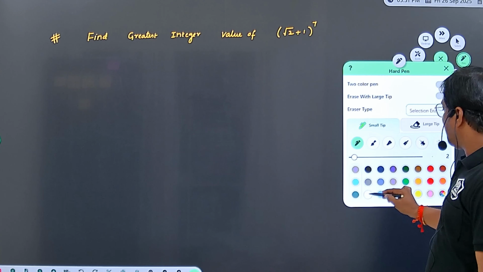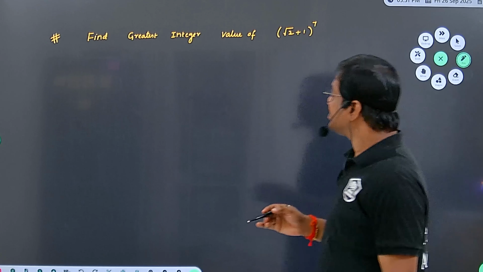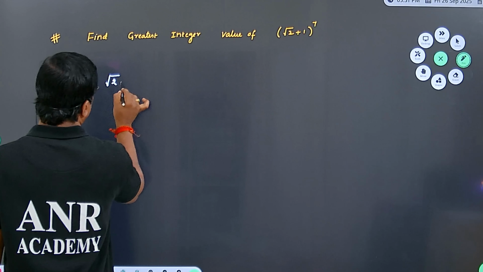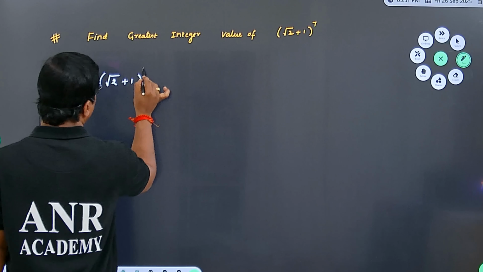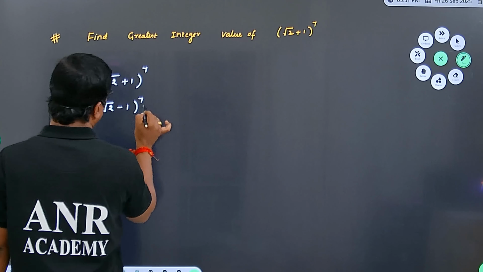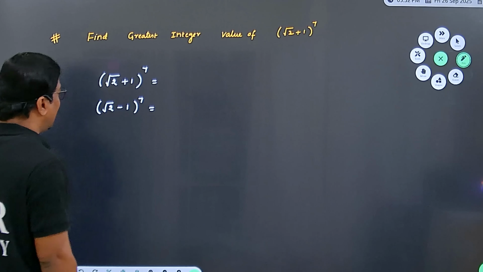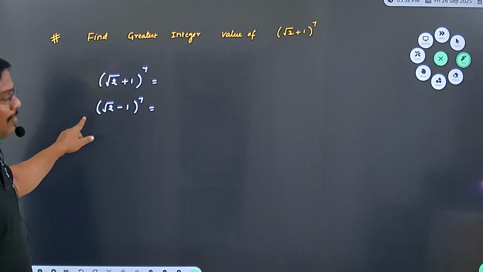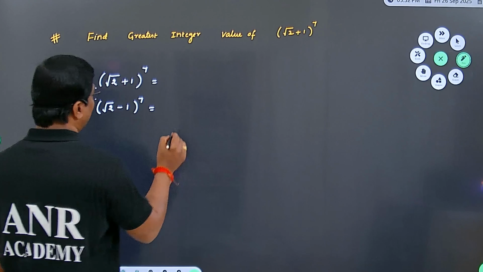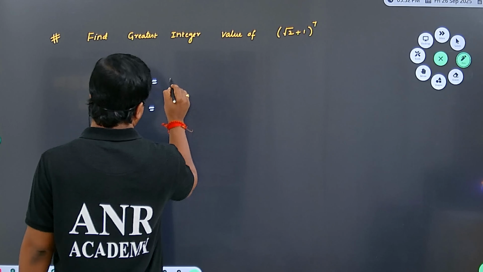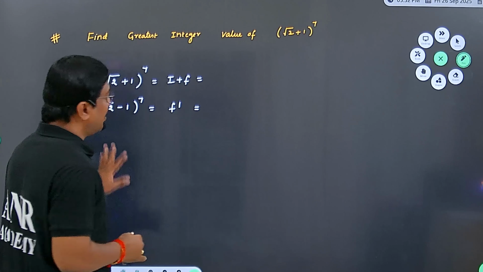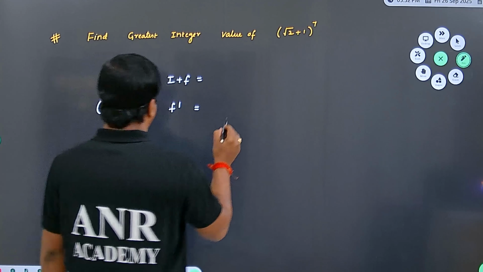To solve this, I am going to use the previous application. Here, first I am going to write root 2 plus 1 whole power 7. Also, I am going to write root 2 minus 1 whole power 7. Observe here, root 2 value is 1.414. From that, if you remove 1, it gives 0.414. That is the fractional part. Suppose that is f dash, and suppose the first is I plus f. Now, with the help of binomial theorem, I can write